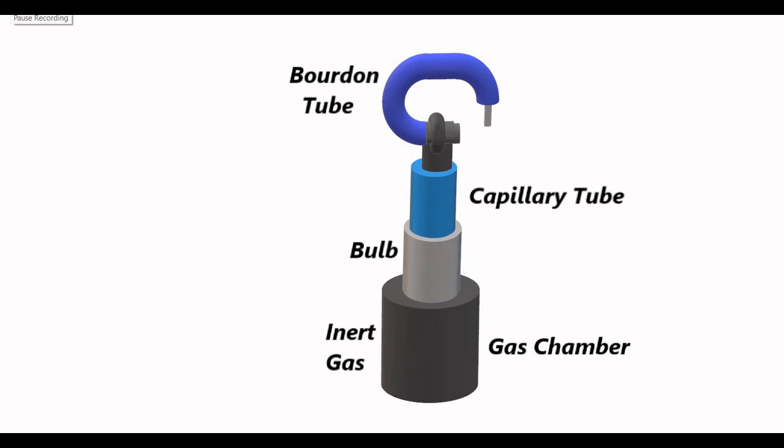So let us try to understand this from a 3D perspective. So this is the constant volume gas thermometric sensor. Like I said, there is the inert gas which is present in the gas chamber. It is connected to the point where the temperature is to be measured, and as a result of that there is expansion or contraction, compression of the gas which is present in the chamber. That pressure is channelized up to this point, the contact point of the Bourdon tube, through the bulb and the capillary tube,